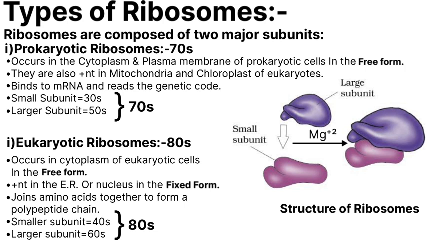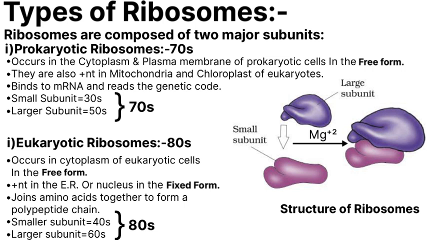But in prokaryotes, 70S ribosomes occur only in the free form, or are associated with the surface of the plasma membrane of prokaryotic cells, as they don't have any membrane-bound cell organelles within them. They are not found fixed like the 80S eukaryotic ribosomes are. From the previous lectures, you already know that 70S ribosomes are present in prokaryotic cells and 80S ribosomes are present in eukaryotic cells.